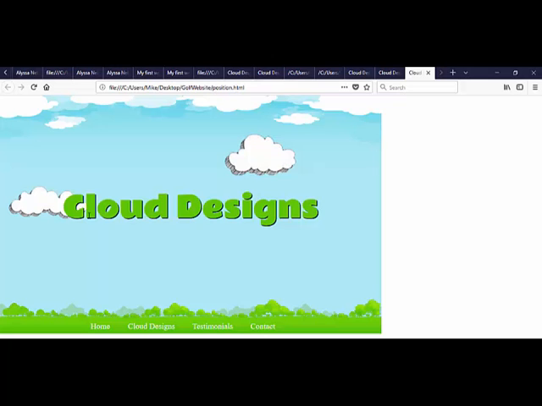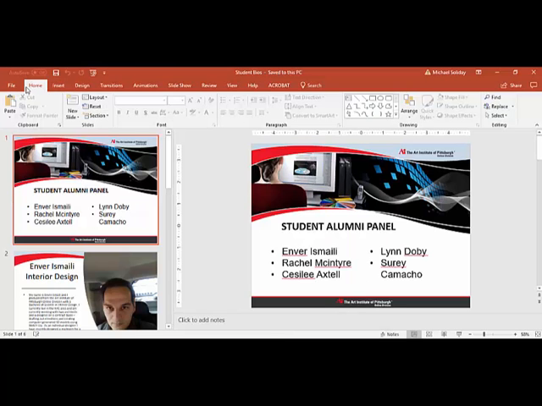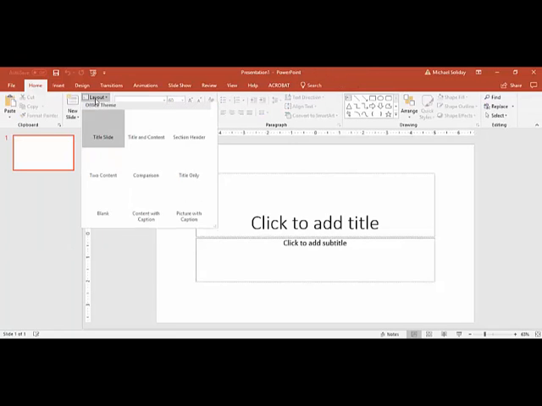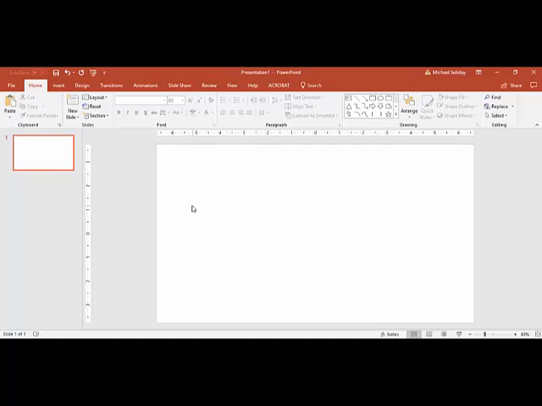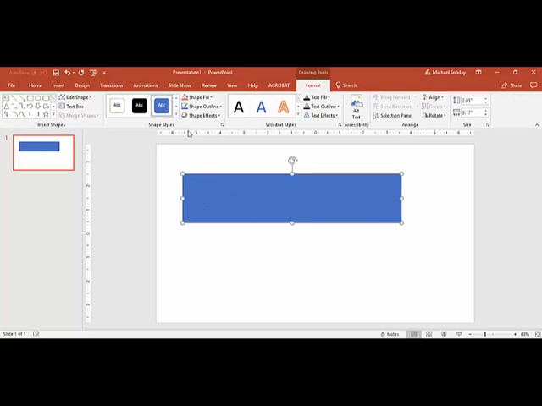Okay, so what you kind of have to look at is where your elements are placed. There's kind of like a box around that element. So in theory, let me just go in and show you right here in PowerPoint. When your element is placed into the page, there's this invisible box typically around it. Okay, and I'm just going to draw myself a box, a shape, a rectangle. And so it's placed in,